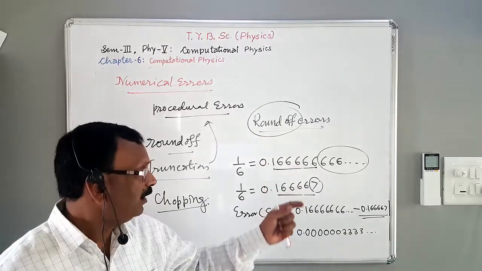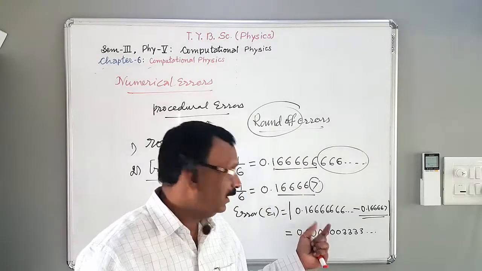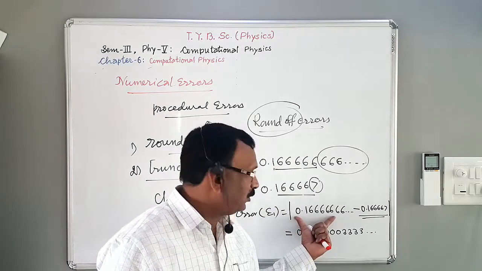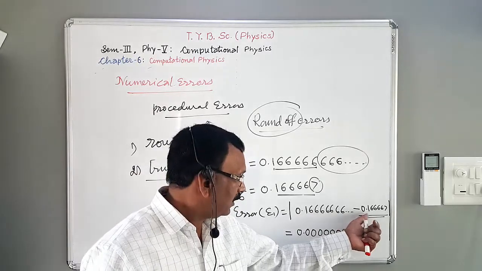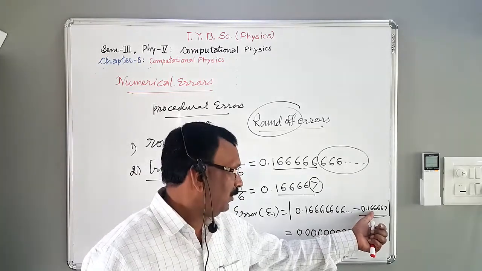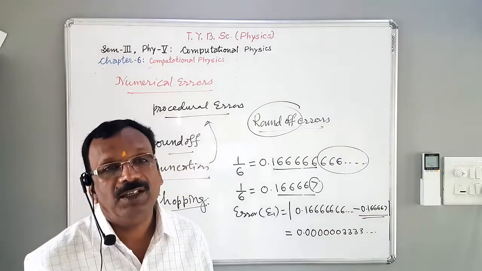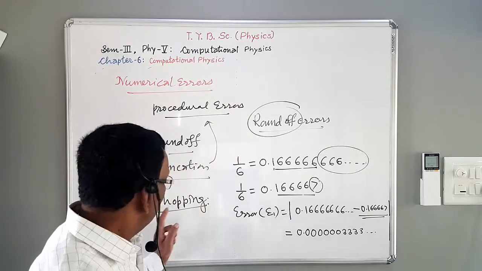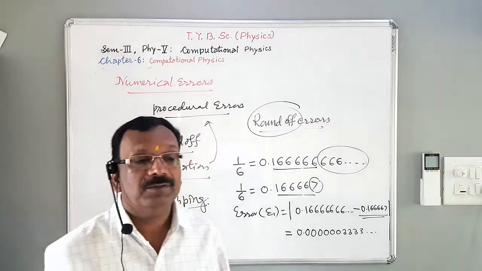This is the round off value of this. But what is the round off error? When we make the subtraction between the actual value and the approximate value. Though it is rounded, it is an approximate value. And the difference between these values is nothing but a round off error. Okay, did you get it? Yes. Now we are going to see the next term, chopping.